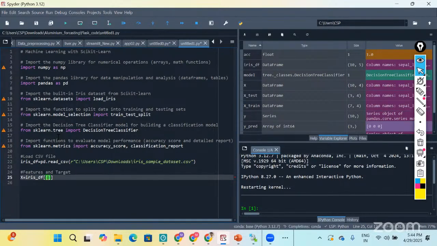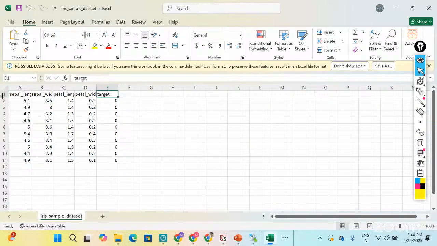What input features do I have? I'll show you the dataset first. This is our sample dataset, which has the input columns sample length, sample width, petal length, petal width, and target is my output variable. This is the sample of the data I have taken.